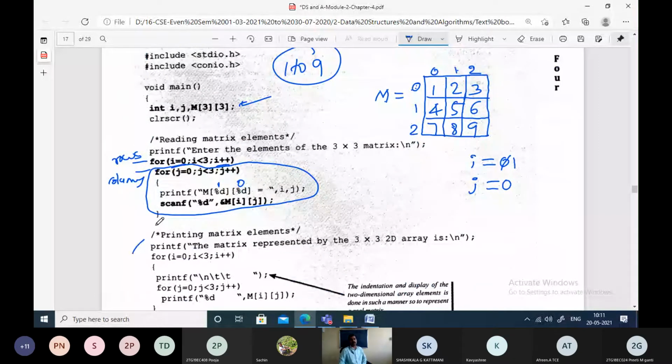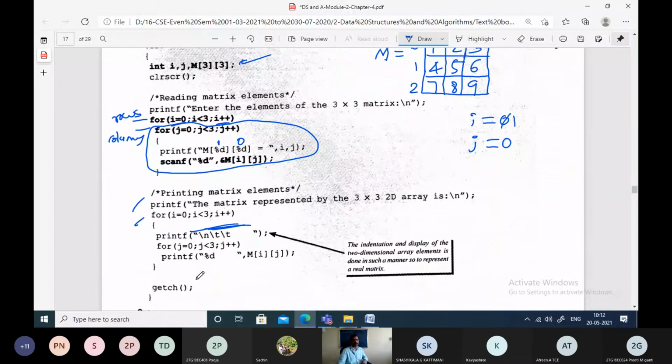And next thing, what we are simply doing is printing the elements of the matrix. Same way, we are using an outer for loop for pointing to the rows, and this is just for making sure that it will be printed in the form of a matrix. We are just giving some indentation. If you skip this, what happens? All the elements will be displayed together. You will not get the feel of a matrix. That's why some tabs and some backslash n is being given between every row.